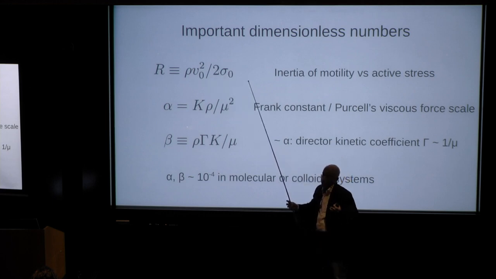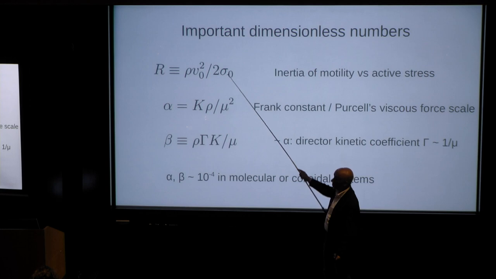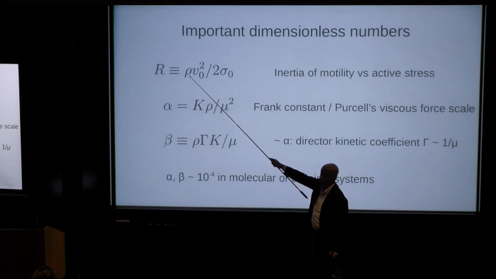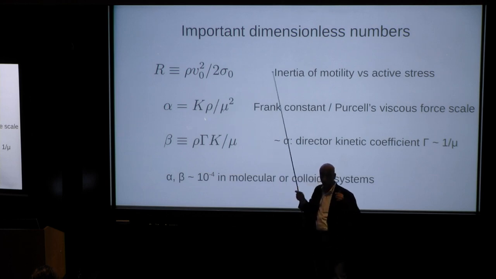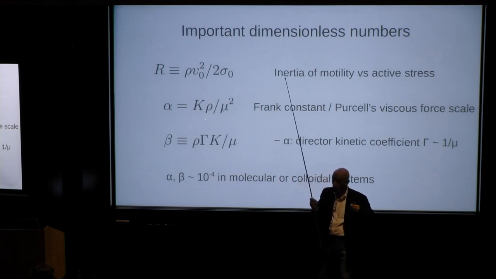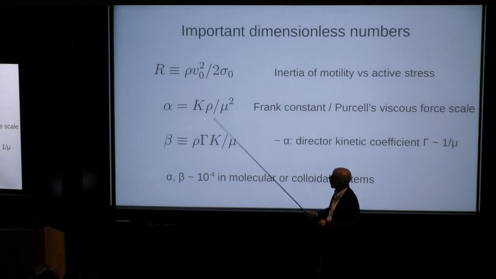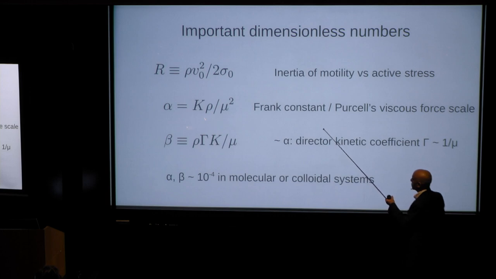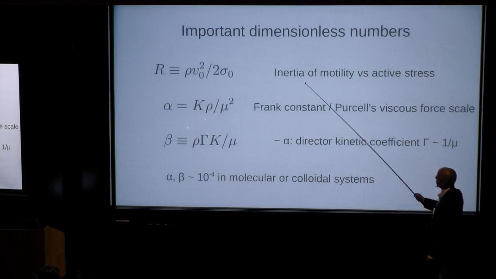The important new non-dimensional number is a comparison of two kinds of quantities which you can think of as something like active stresses. Sigma 0 is the typical scale of the force dipole stresses. And there's this term, which please note has a mass. This is rho. This is not the solute concentration. This is the total mass density of the system. So you've got this non-dimensional ratio of two stress-like things, something like a ratio of inertia motility to active stress,